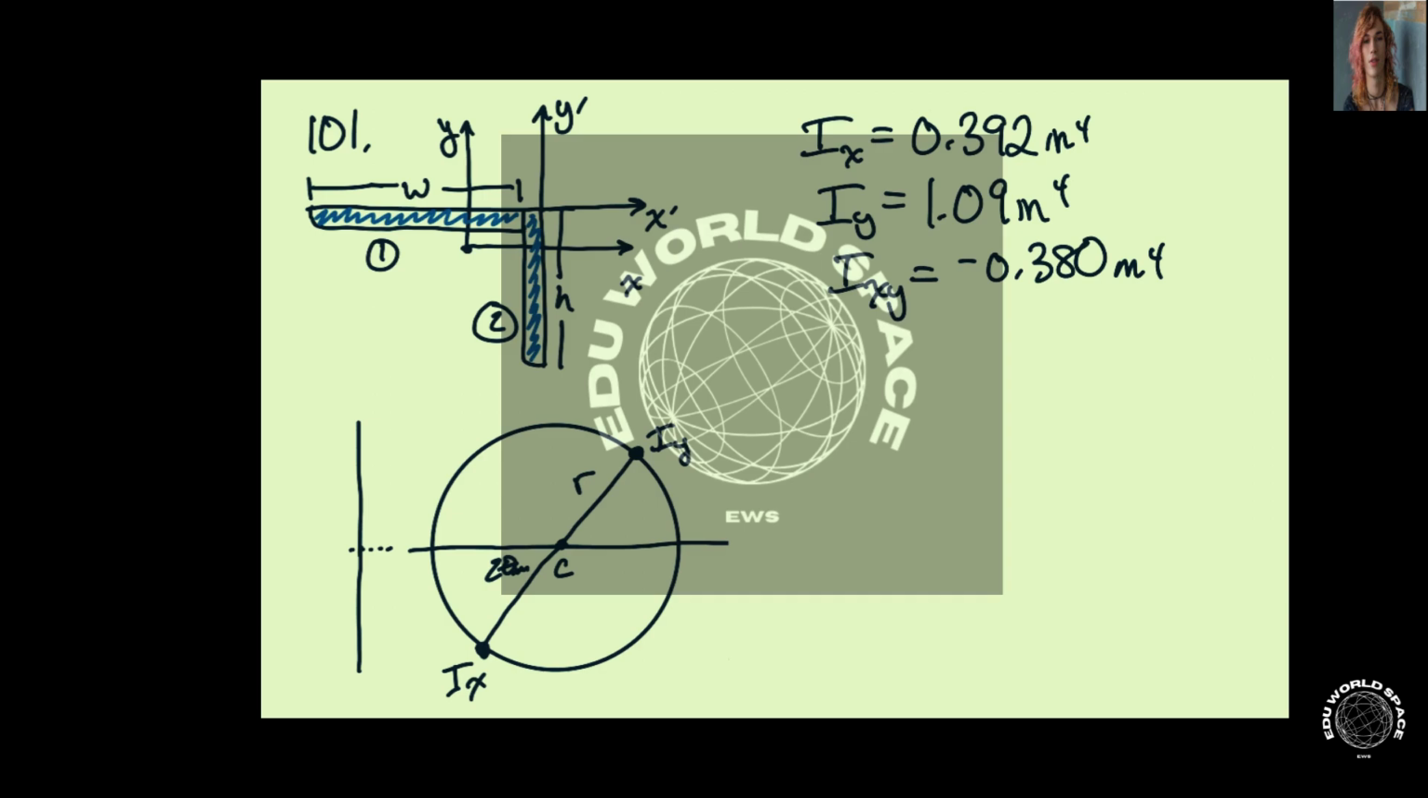Again, we have to be a little careful because in the book this thing is rotated or flipped, so Ix and Iy are changed. But here, Ix is 0.392 inches to the fourth. Iy is 1.09 inches to the fourth. And you can just check these things because you would expect